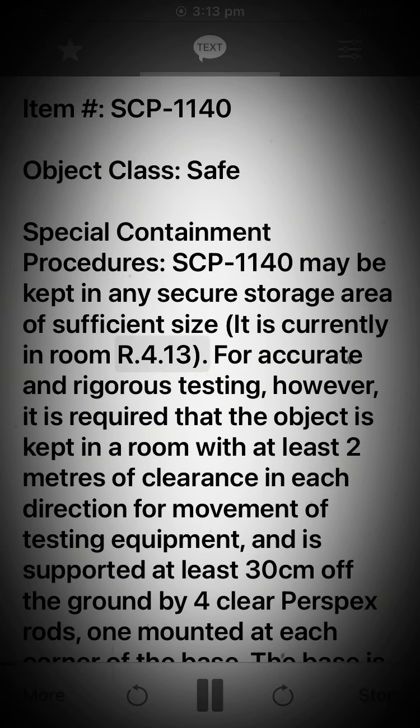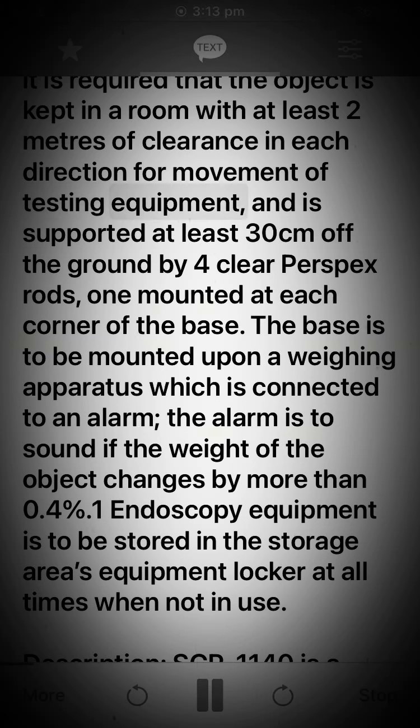For accurate and rigorous testing, however, it is required that the object is kept in a room with at least 2 meters of clearance in each direction for movement of testing equipment, and is supported at least 30 centimeters off the ground by 4 clear perspex rods, one mounted at each corner of the base. The base is to be mounted upon a weighing apparatus which is connected to an alarm. The alarm is to sound if the weight of the object changes by more than 0.4%.[1]